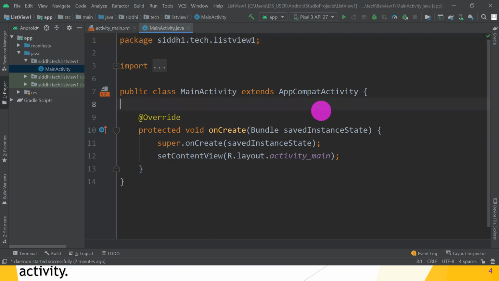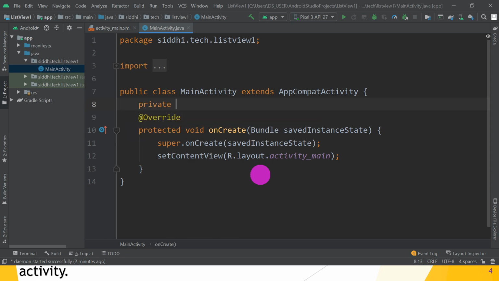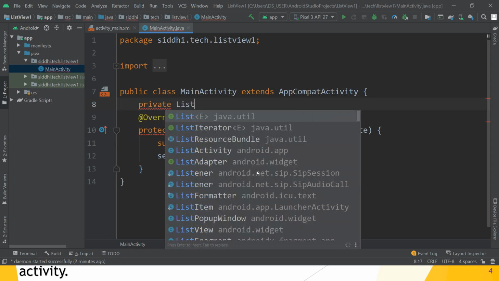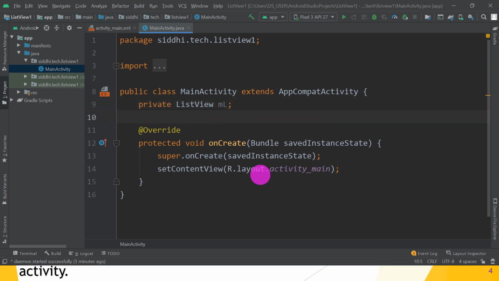So guys, what do we have to do first? First we have to create a private ListView. Great. So give the name, that is the reference variable for the list view. After that, the access specifier is private.